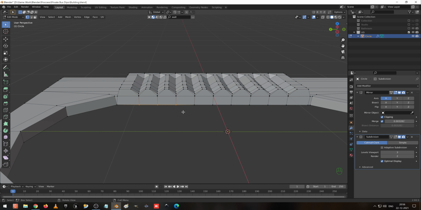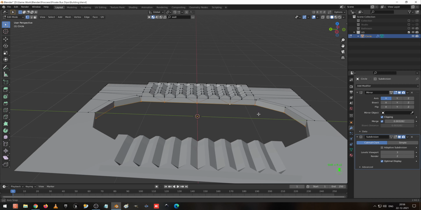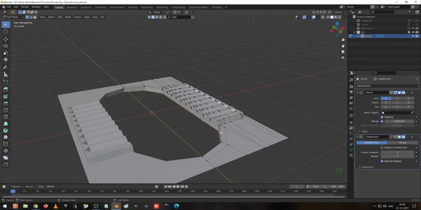So I select these 3, press M to merge at center, select these 3, press M to merge at center, select these 3, press Shift R to repeat the same, and again the last 2, Shift R to repeat the same. Now I have done what is required for us as per our requirement.